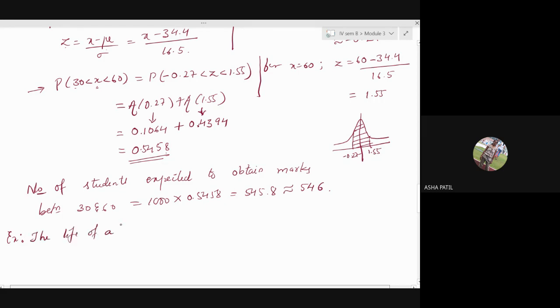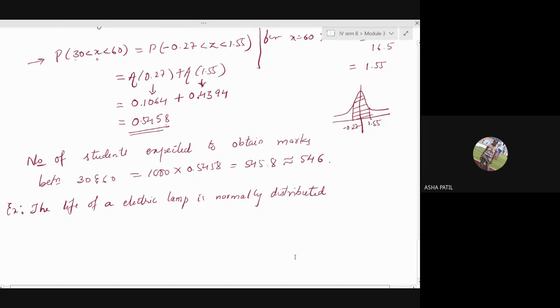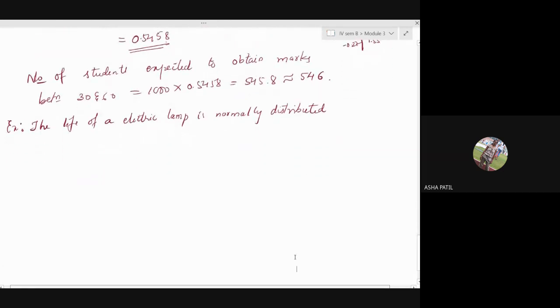The life of an electric lamp is normally distributed with mean 2040 hours and standard deviation 60 hours. In a consignment of 2000 lamps,